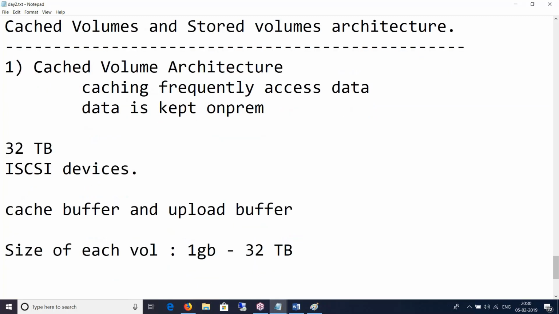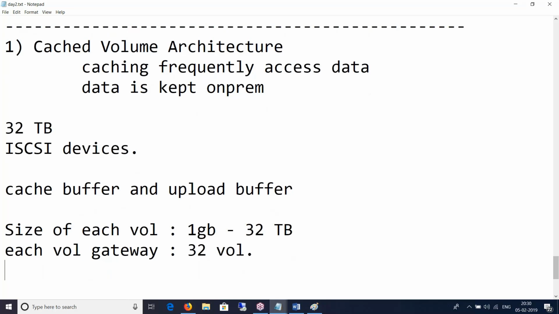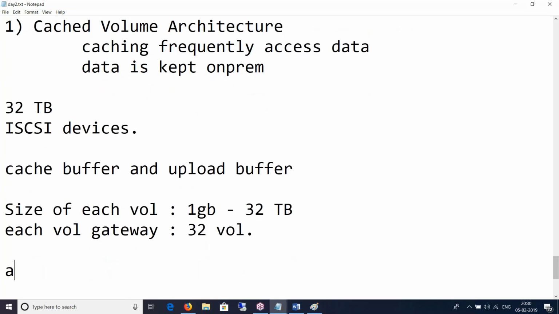Each volume gateway can support up to 32 volumes. So each volume gateway, and how many volumes can I have? 32 volumes. So in total, the maximum storage capacity can go up to 1024 terabytes, or 1 petabyte.